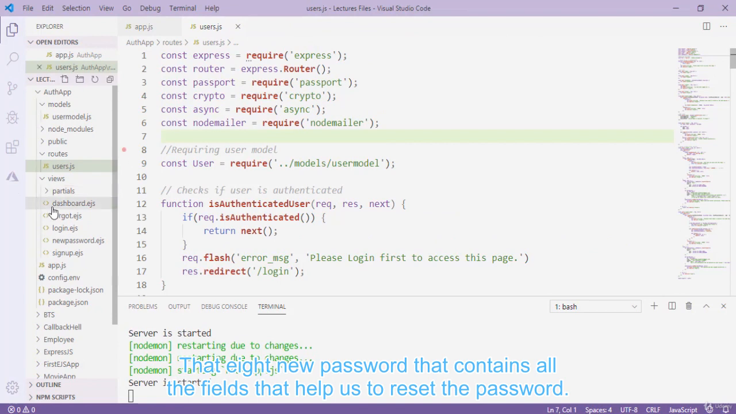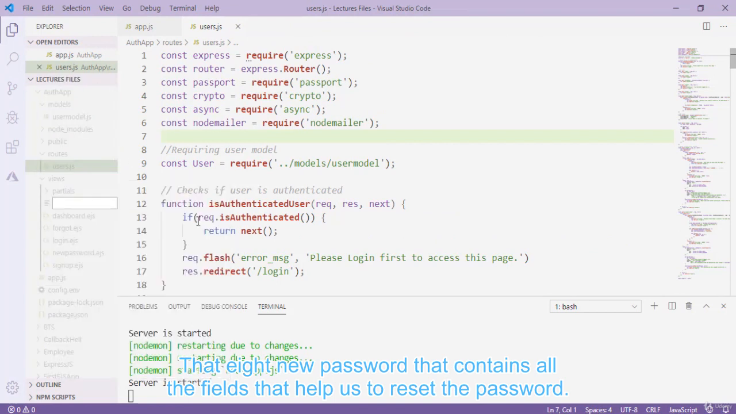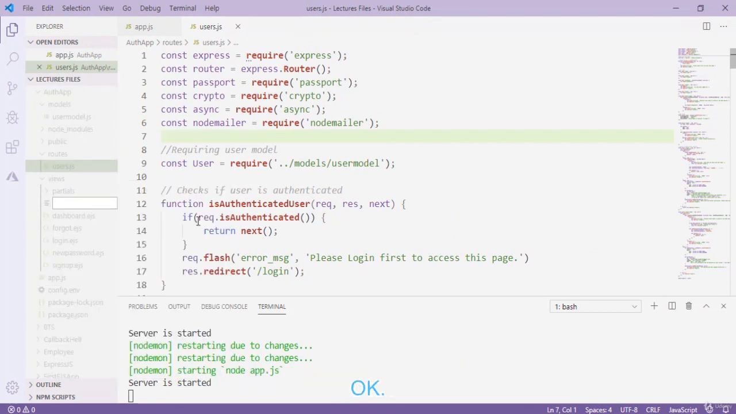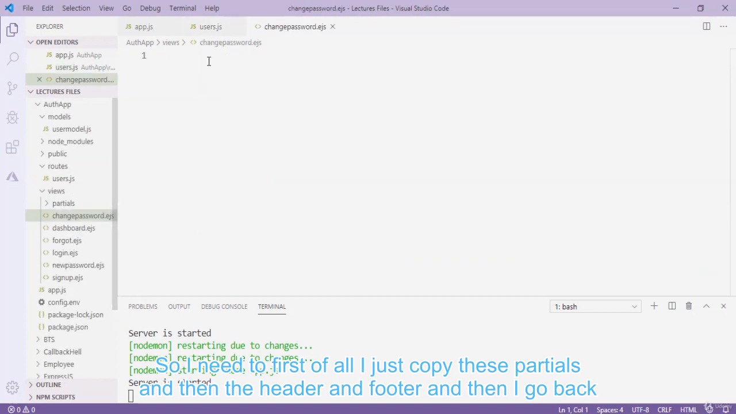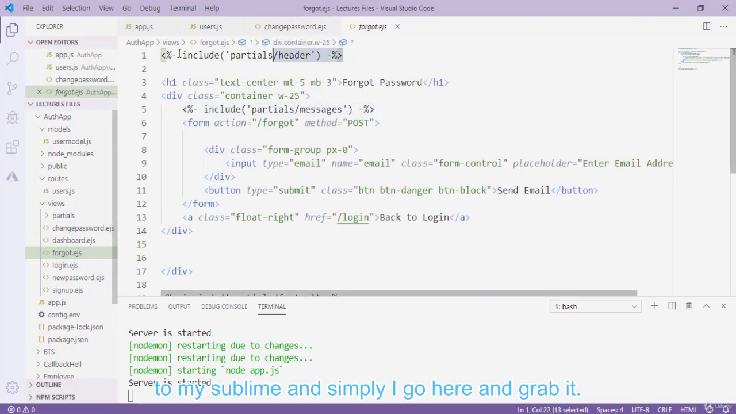and I will simply close all these first of all and create a new EJS file with the name new or change password.ejs, and in it first of all I am going to include my partials. So just copy that from there,